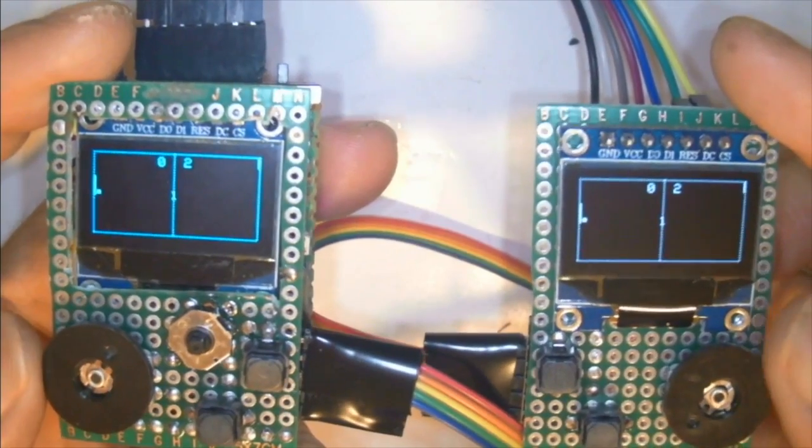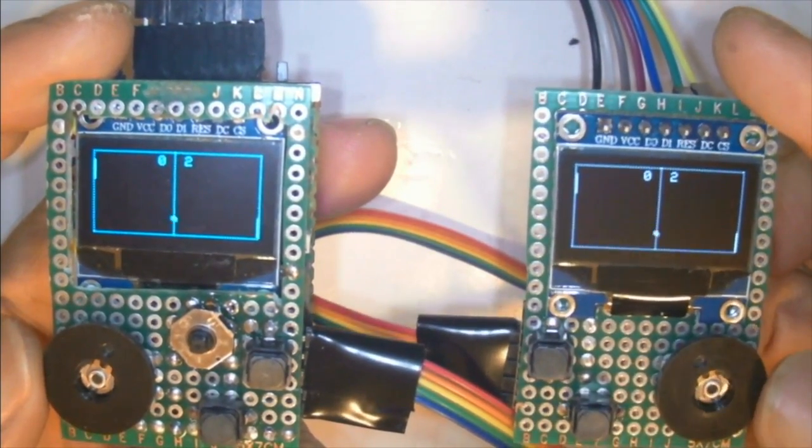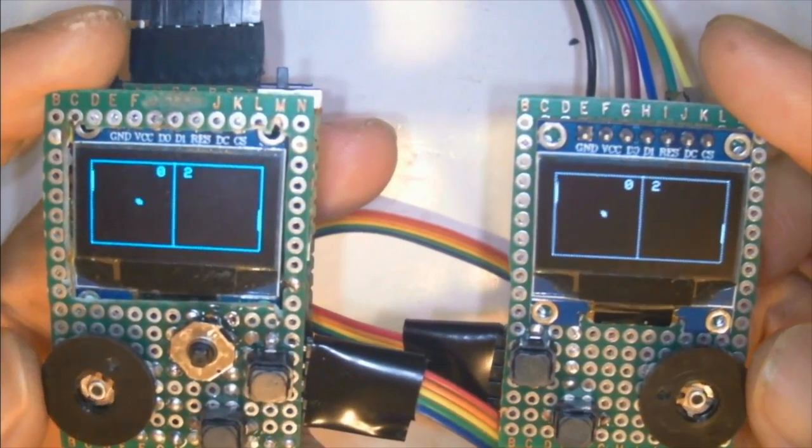This is a version of the ping pong games called Arduboy NG. So as you can see, I'm playing it using both hands, one on each pedal, and it's